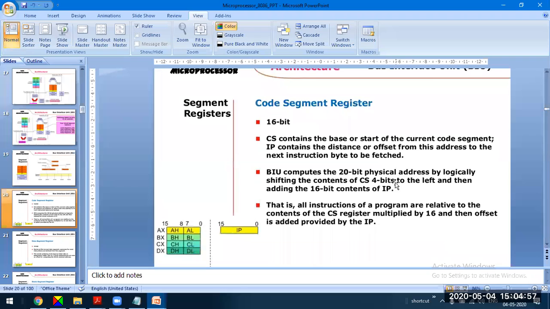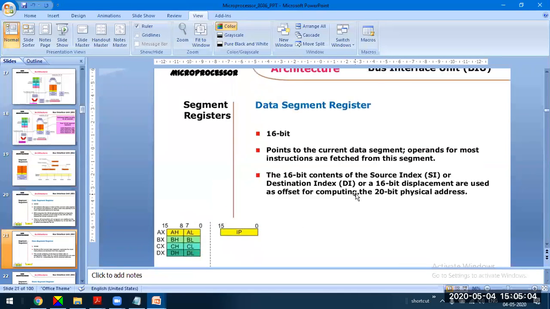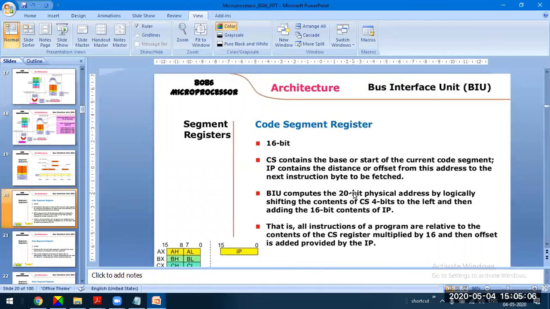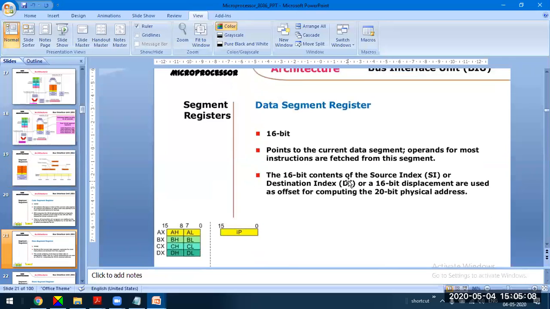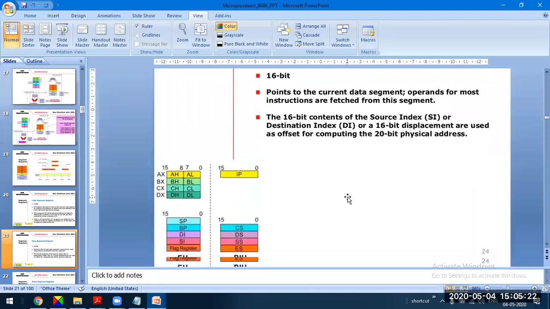For example, for the code segment register, the instruction pointer is the offset register. Similarly, for the data segment register, the source index and destination index registers are used as offset registers. They are also called displacement registers, and they are used to generate the 20-bit physical address or absolute address.